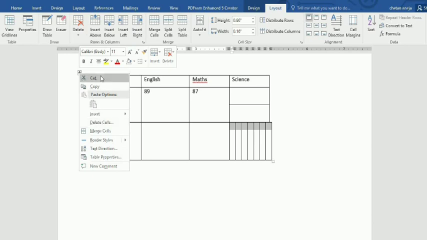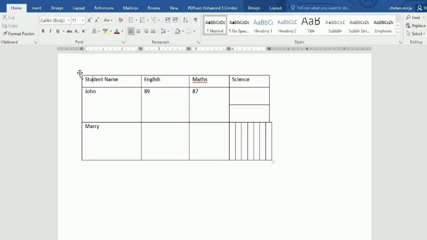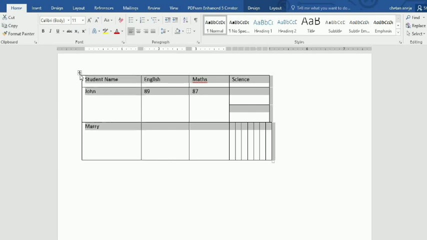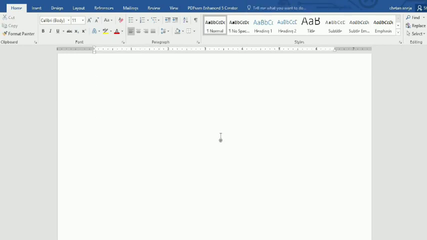You can simply choose the cut option and your table will be deleted. Okay, you can also choose the delete option and you can also choose the cut option. Your table is cut now. Okay, so in this way, yeah, see, right click, you will get the option of delete table also. So you can just click on delete table and your table will be deleted.